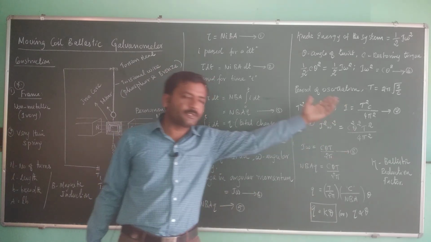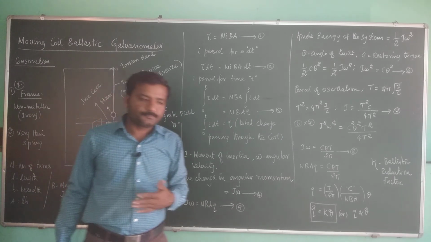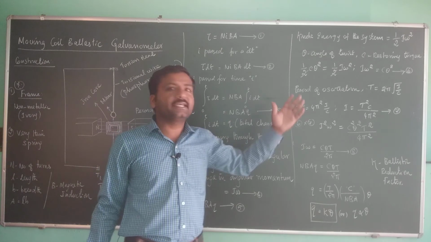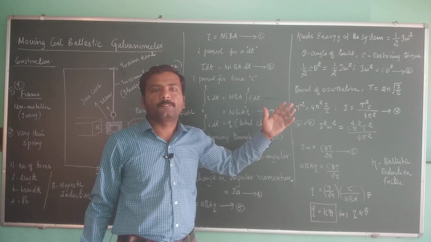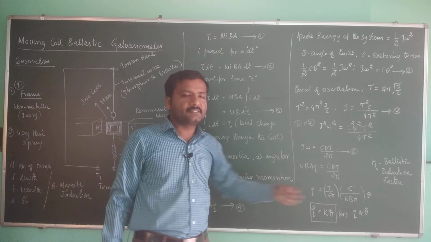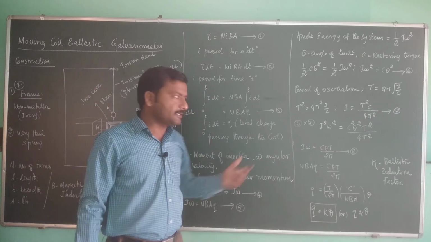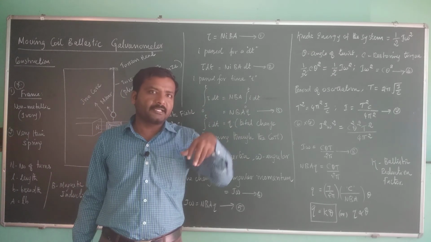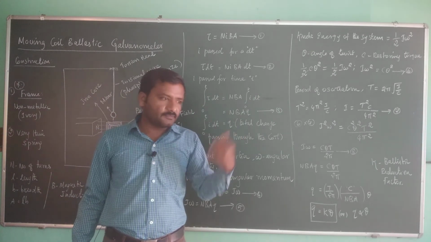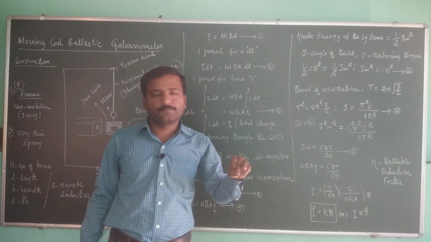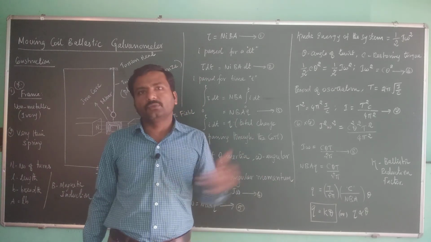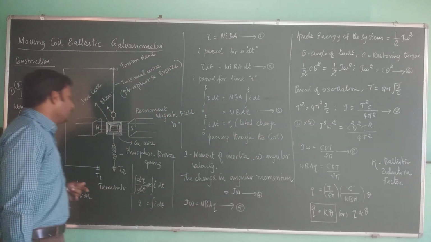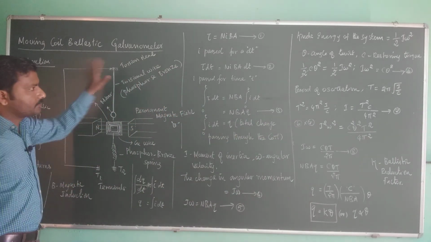Essentially it has a large period of oscillation, and it is assumed that the decay is negligible. Ideally we assume that this decay is negligible, but due to air resistance and because, when the coil is twisting in a magnetic field, there is an induced current, it will slowly start to decay. Otherwise it is assumed that the oscillations are continuous without any decay. So this is the idea.